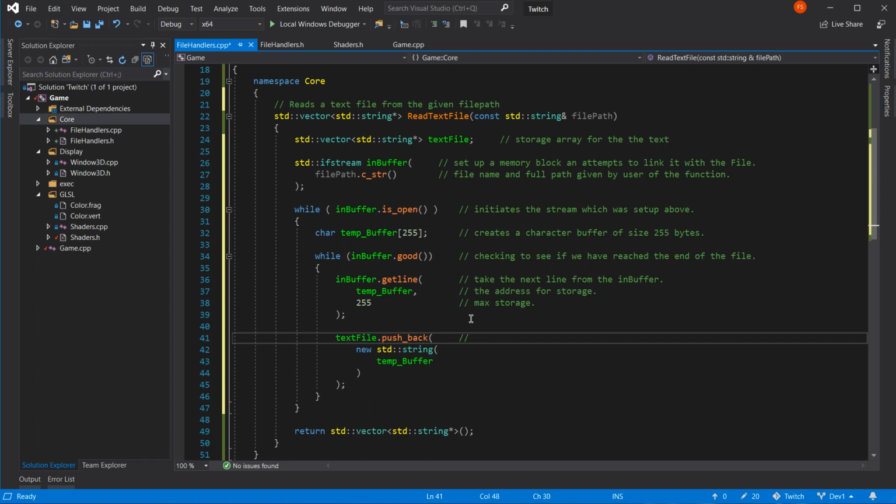Right, what does this do? This takes, so we add to the back of the text file list, or queue you might call it.